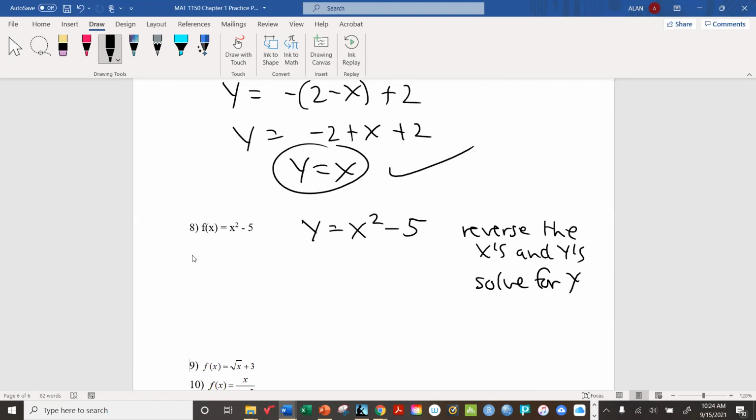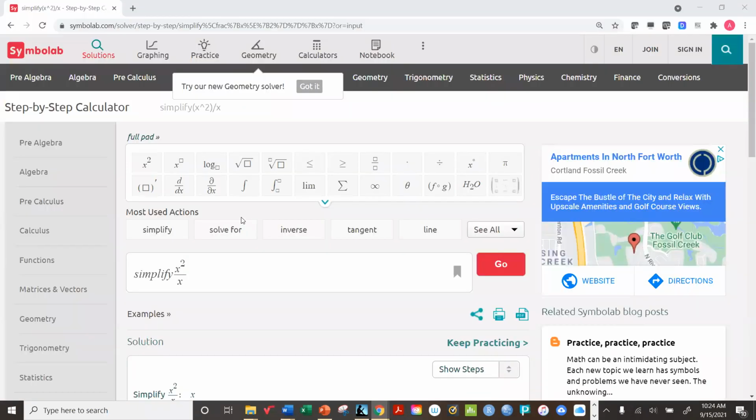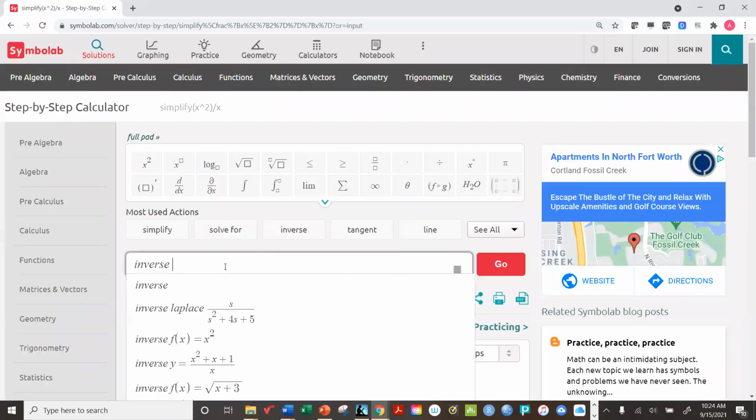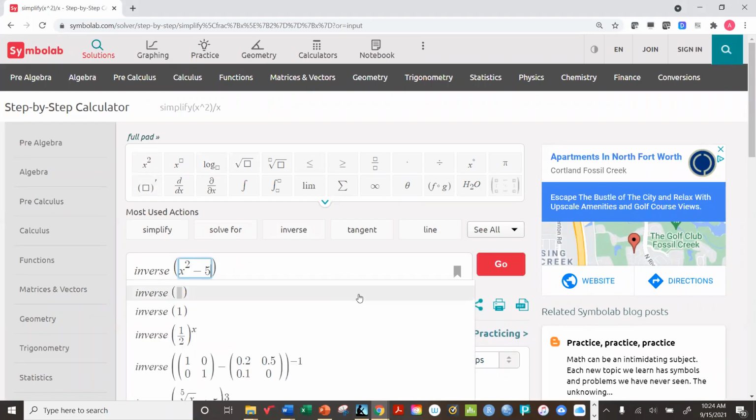So this becomes x equals y squared minus 5. x plus 5 is y squared. And therefore, the square root of x plus 5 is y. Or you can think of that as f inverse of x. All right, now why don't we demonstrate that with Symbolab? Okay. The inverse of x squared minus 5, according to Symbolab, is